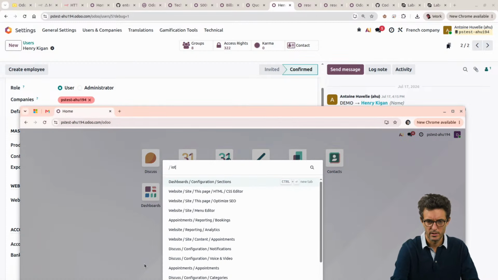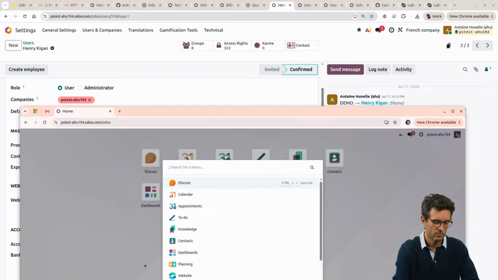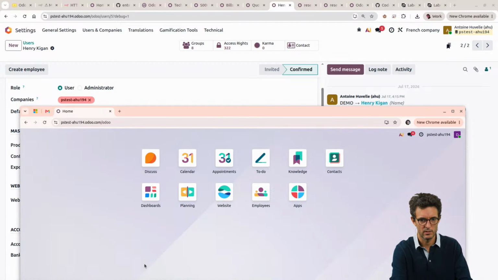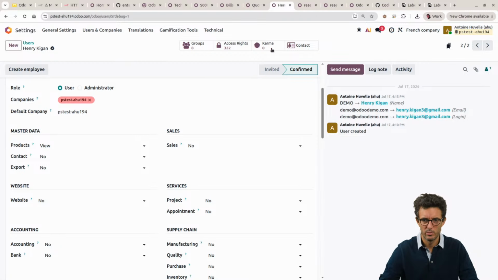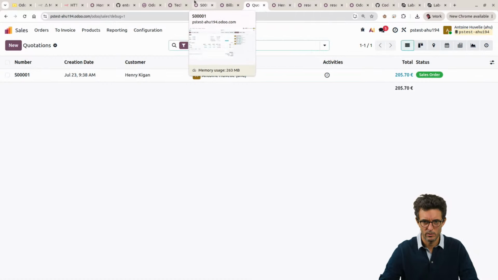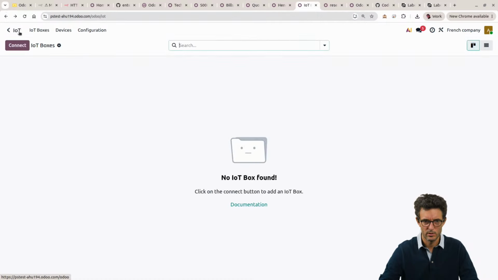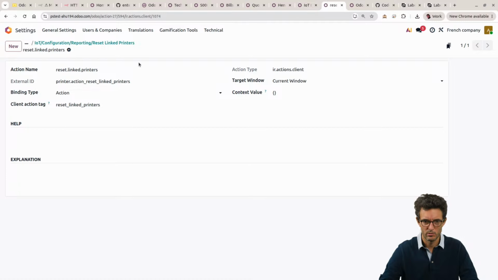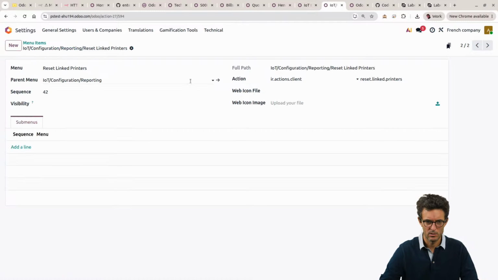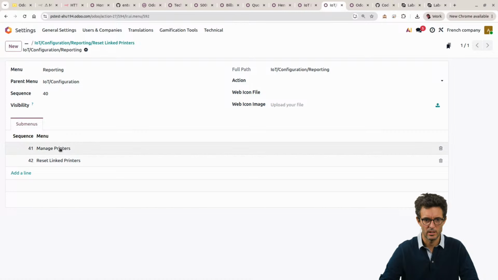IoT, yes, doesn't have it. Wait, I maybe need to refresh it because I installed a lot of other modules. Okay. Printers, no, it doesn't have access to. It could be, because I've been maybe a bit too light on my first check, that it doesn't have access to the other IoT menus. And if it doesn't, it cannot see the children items, so maybe that's okay. Visibility here, manage printers, okay. And IoT configuration, no, we never have